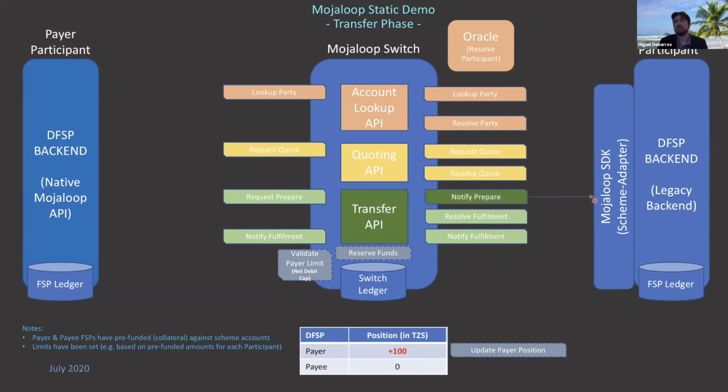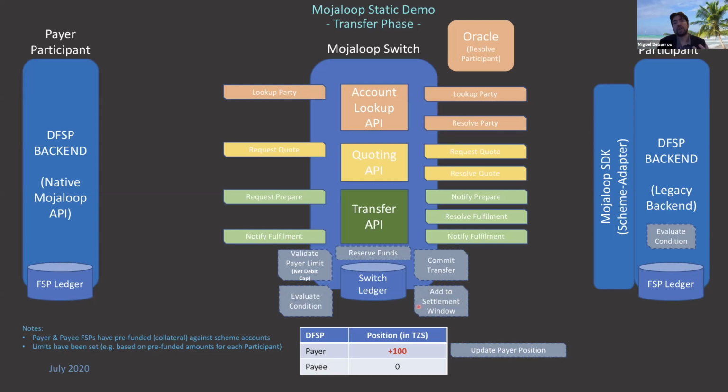The transfer is then sent to the payee. They receive it. And now, as part of the transfer, the condition is included since it was provided as part of the quoting. So now the payee participant is able to check his fulfillment and do the validation against his condition to make sure they match. If they match, then the commit or the fulfillment is sent back to the switch to resolve it. The transfer API then receives it. And since the fulfillment is now provided as part of that, we then also evaluate the condition to confirm that it is a valid transfer itself. If that passes, we then commit the transfer,